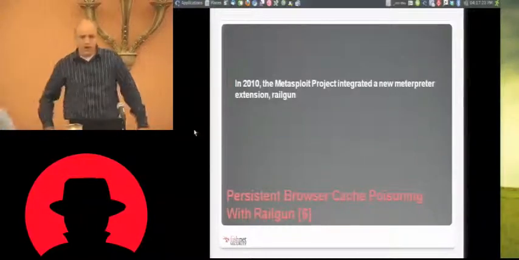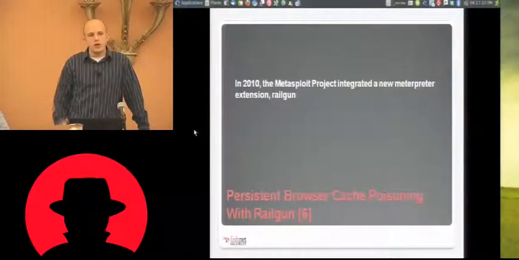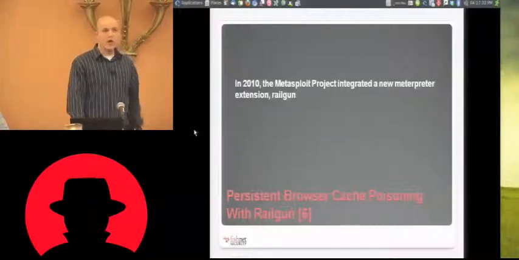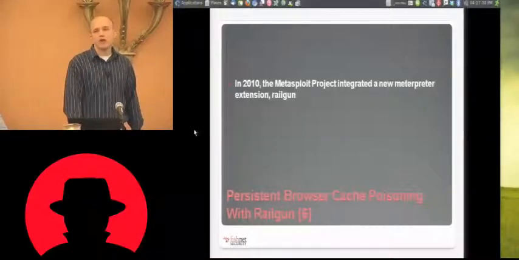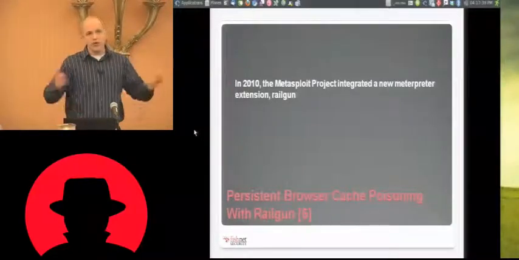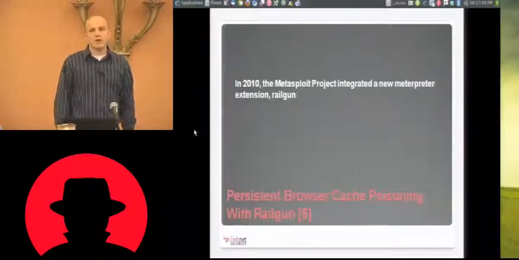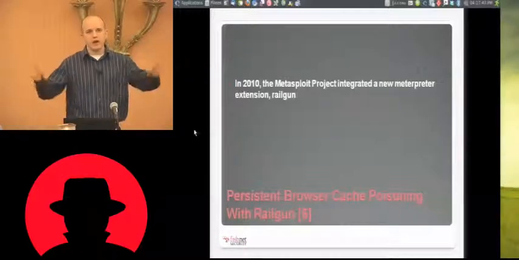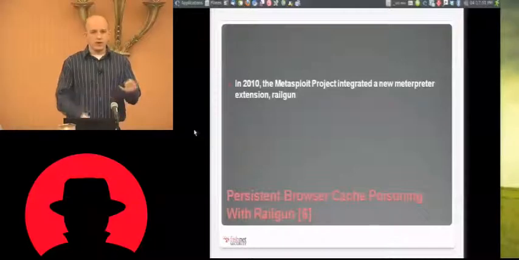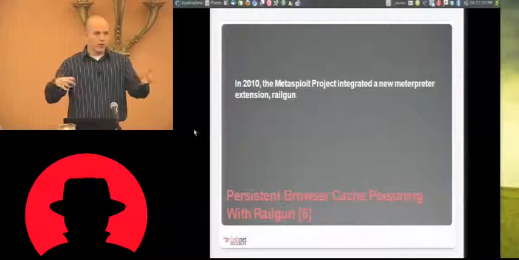Go ahead. All right. So all you're going to see is cache entries that just have sort of weird, anomalous entries. But even then, how do you know that that's not what the website wanted, right? But at the end of the day, that code is going to be executing on top of any application that loads inside that browser. And through JavaScript, you have access to everything. XSS is kind of lame, honestly, but in this case, it's like super XSS on any site, anywhere that user ever visits for all time, until either their PC is rebuilt, which in most environments is kind of the only time that's going to happen, or if there's somebody in this room, maybe you go in and you clear your cache from time to time,